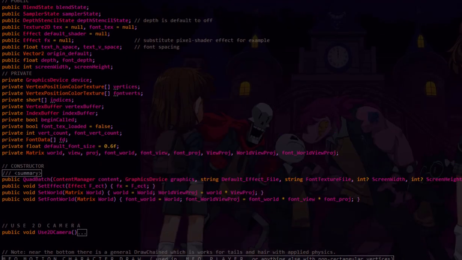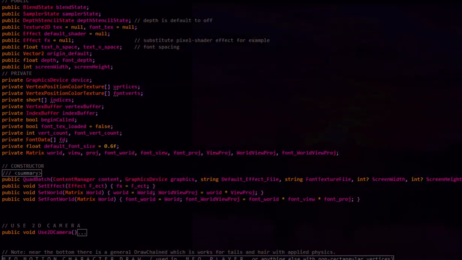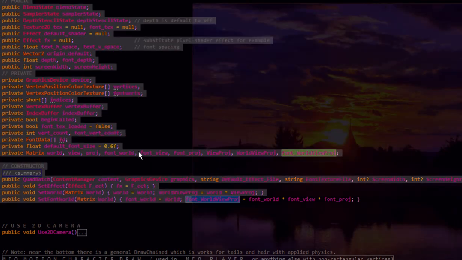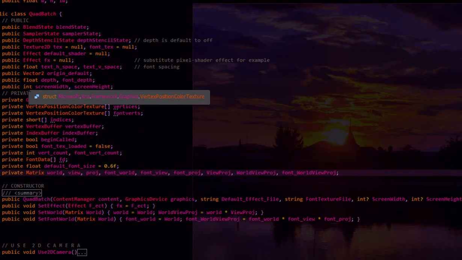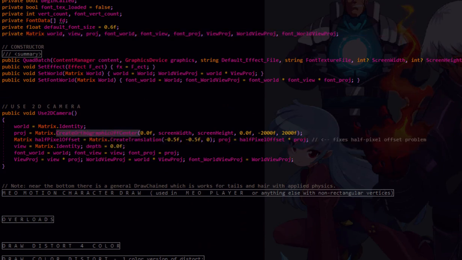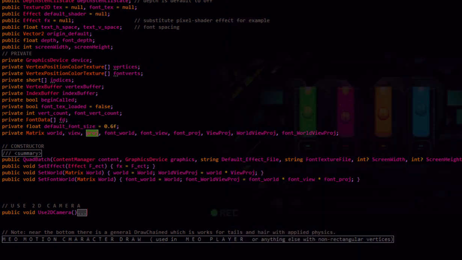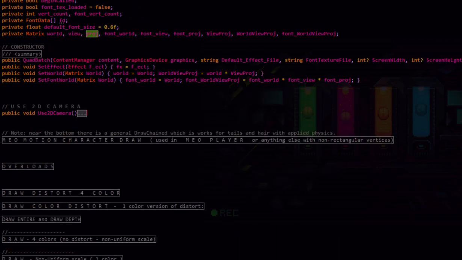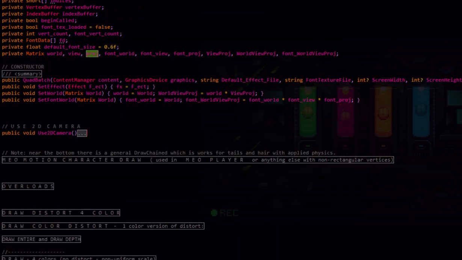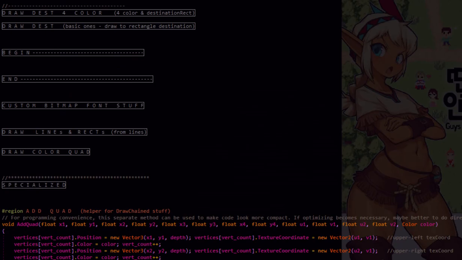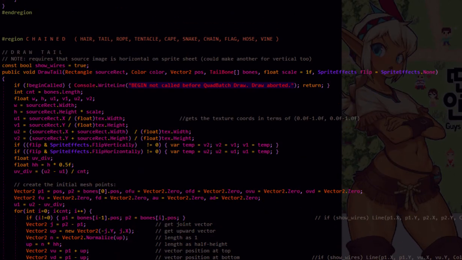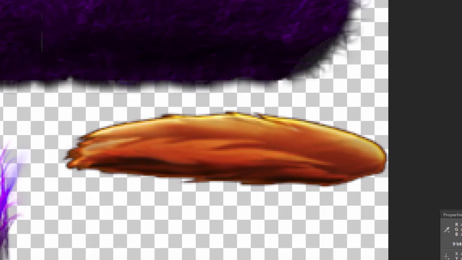So just to refamiliarize you with QuadBatch, you can skip this part if you're already familiar. It kind of works like SpriteBatch, and it sets up a 2D orthographic off-center style camera. There is a tutorial on QuadBatch in the platformer series that you can check out if you want to learn more about that. We're just going to go to the specific part on the bottom down here about how to draw the tail. To kind of visualize what it's going to do, we've got this source rect like this,